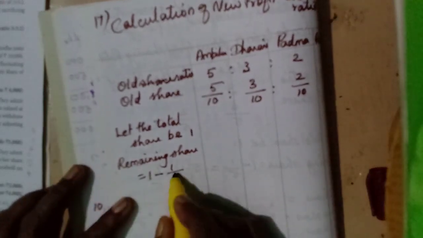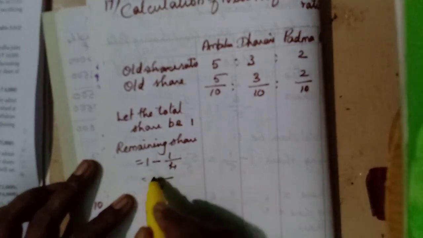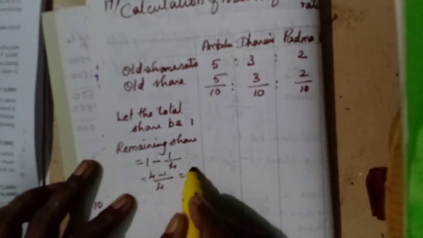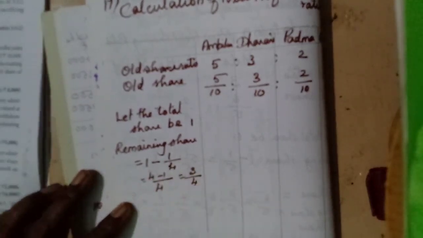So simplify this one, 1 by 4. So 1 by 4 share. Okay, that is only 25% they have given. So 1 minus 1 by 4. Calculate the LCM, 4. Here 4 minus 1. So 3 by 4 is the